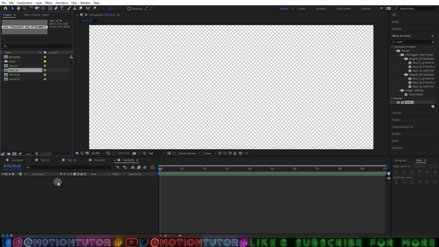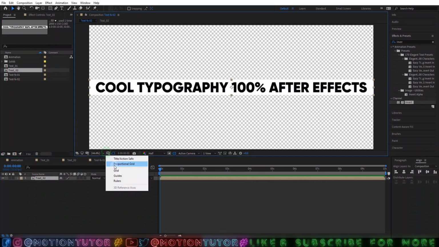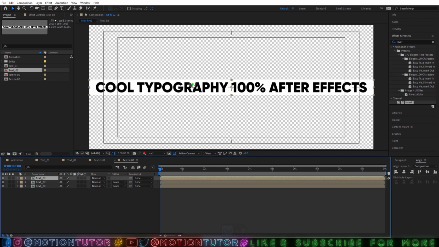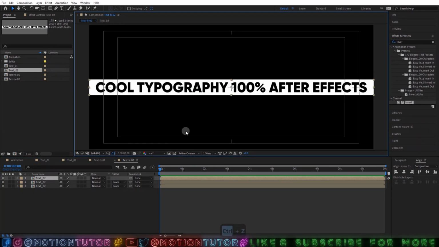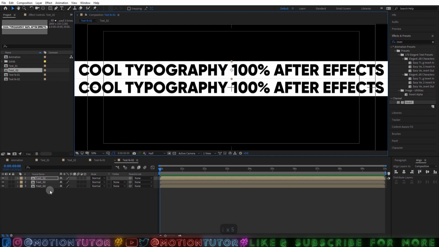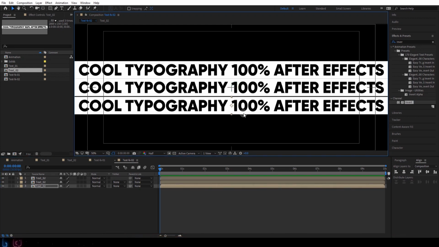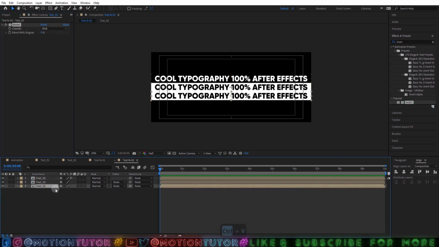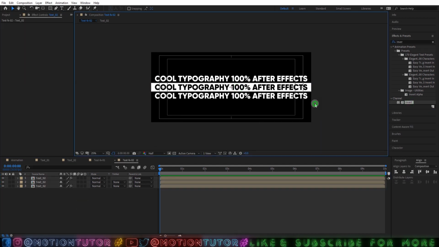And drag the second text composition here. And press Ctrl D 2 times to make 2 copies. And adjust the first one to up and the second one to below by holding Shift key. And add invert effect on first and last layer and leave the middle one.